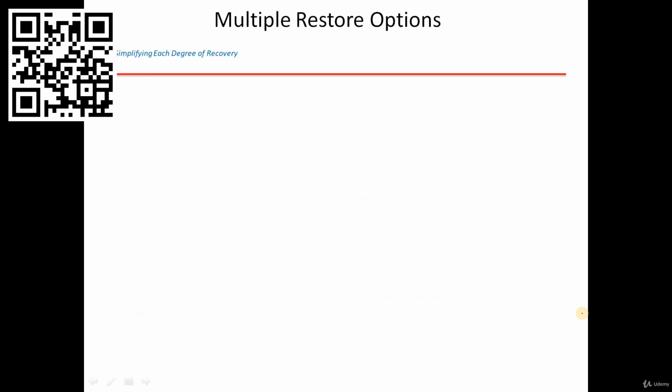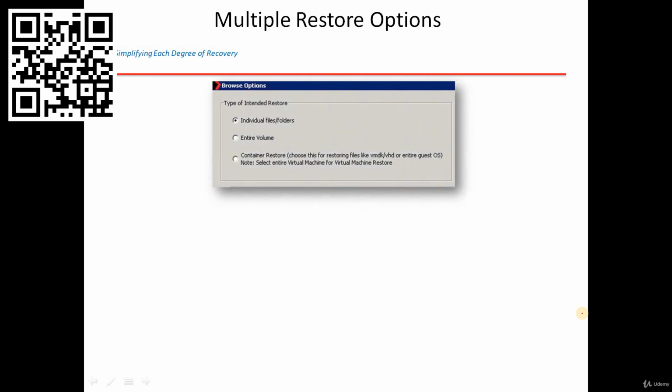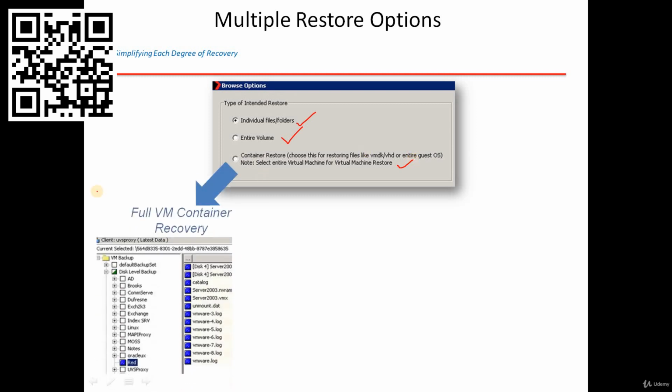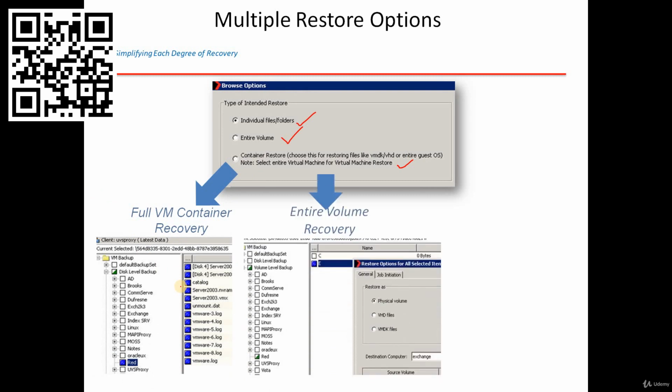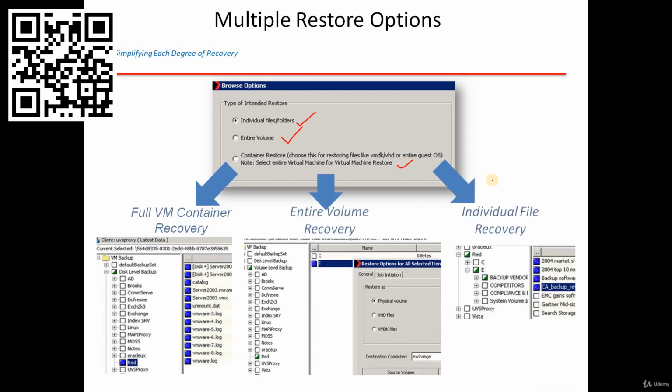And when you want to restore, as we were talking about restore, Commvault offers you multiple options for restore. If you have taken a full backup from a virtual machine, you can restore an individual file or a folder. You can restore the entire volume, or you can restore the entire container as well. Here you can see the example of the container. You can see the example of an entire volume, or you can see the example of an